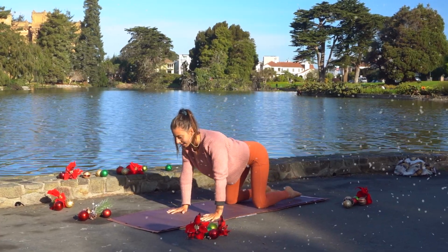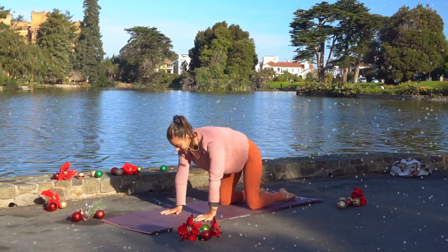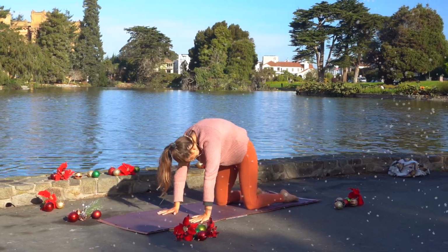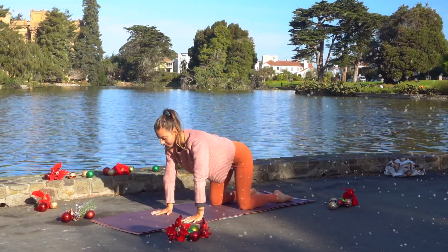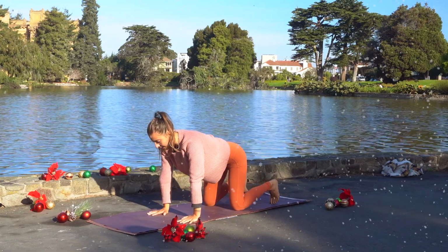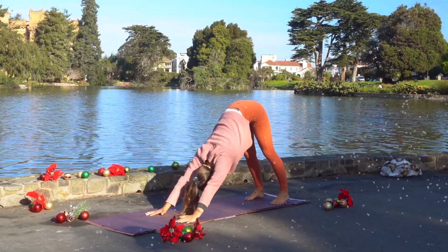One round of cat and cow. Inhale, pull the chest through. And exhale, rounding inward, curling inward, chin to chest. Inhale, come back into a nice tabletop. Tuck the toes under, and on the exhale, lift the knees, lift the hips, push back into your first downward